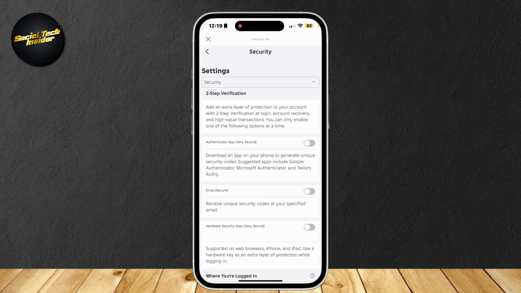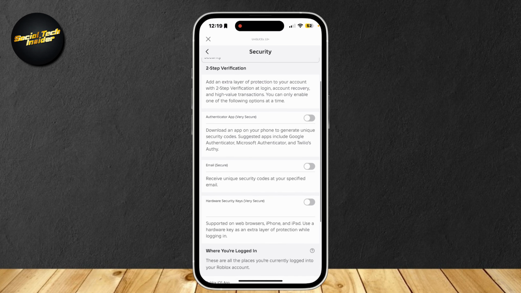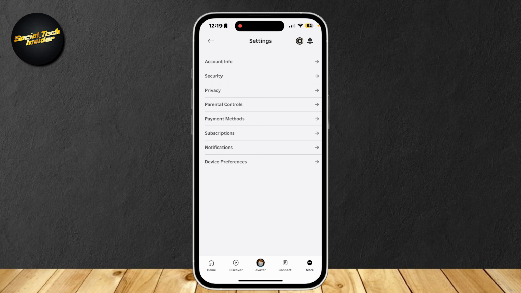The main reason that most people are facing this is that they're using the wrong email. So for example, if you have email number 1 used in your Roblox account, and obviously you set up two-step verification, but you're checking the wrong email for the code, then of course it's not going to send there, because that is the second email, or that is the wrong email. You're going to want to use the same email that you used in your Roblox account in order to get